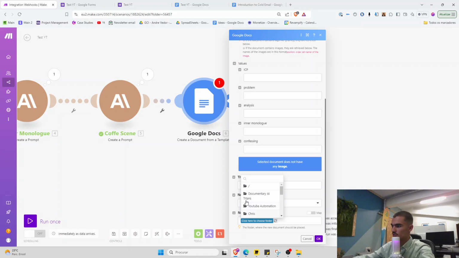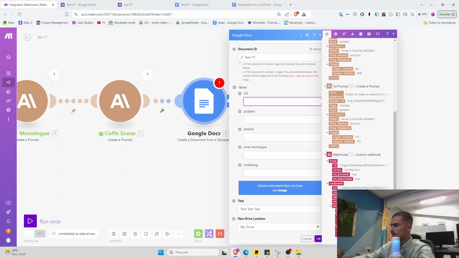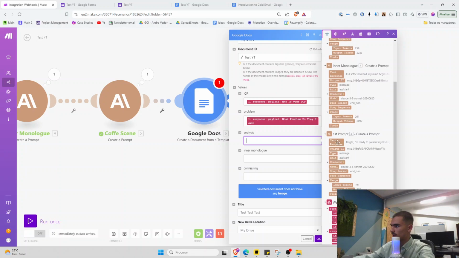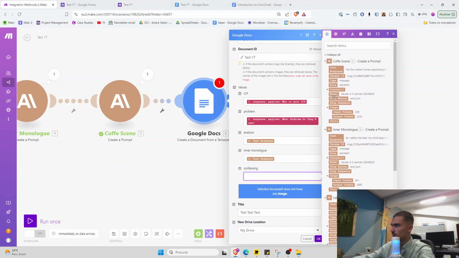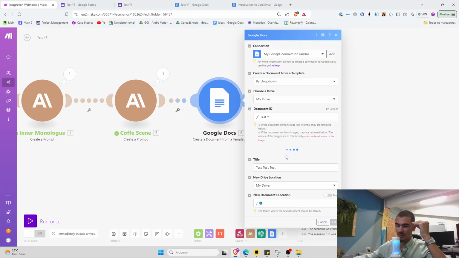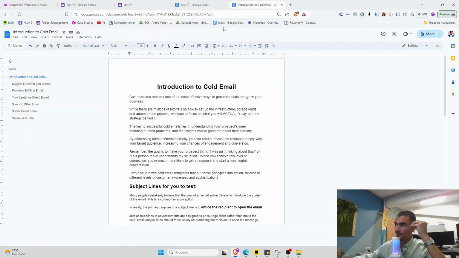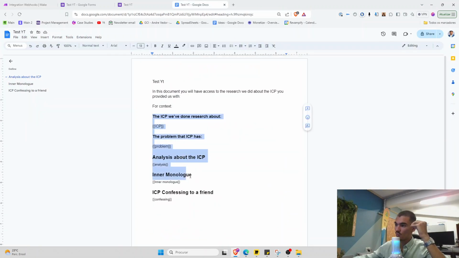You have to create a new folder, and now ICP. This is this one. What problem do they have? They have this problem. Analysis, it's this one. Inner monologue, it's this one, and it's this one. Keep in mind, this will work at scale. It doesn't matter who the user is, who the ICP is, what problem they have,